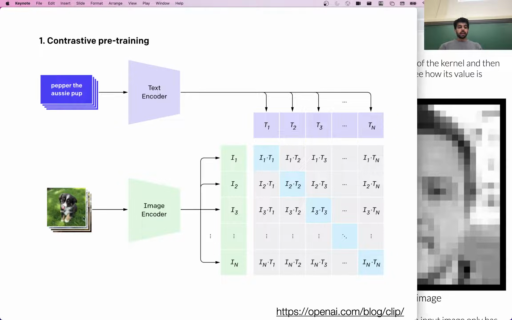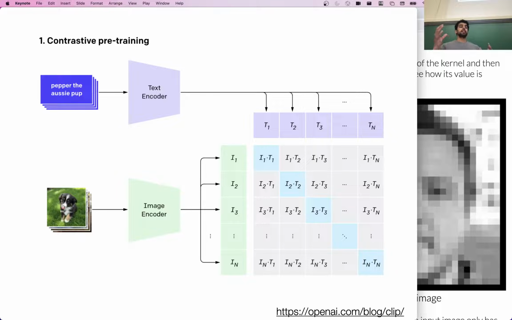So think about it this way: each batch, let's say here, consists of n different image text pairs. At index 1, I have this dog image and this caption that is the ground truth caption for the image. However, I sub 2, I sub 3, I sub 4, these images are unrelated to the caption at index 1.